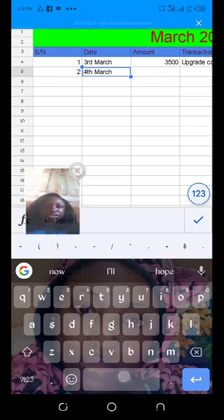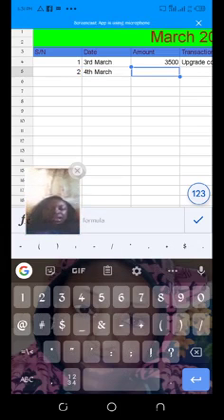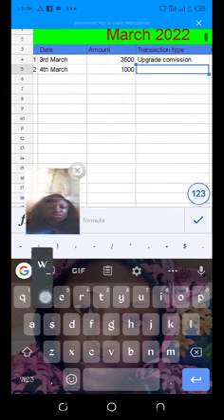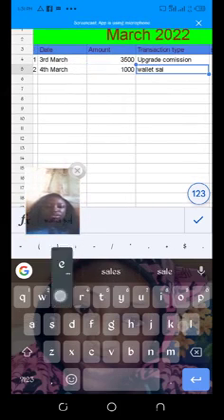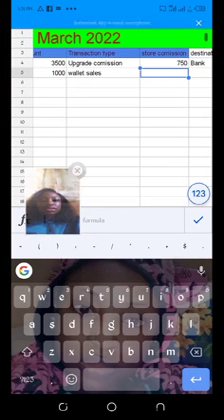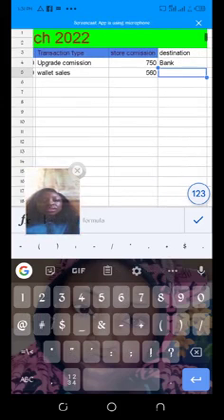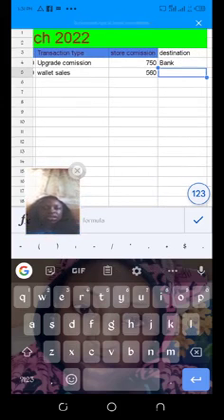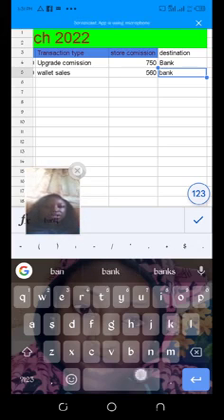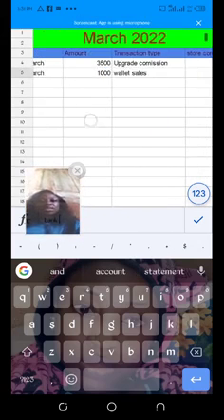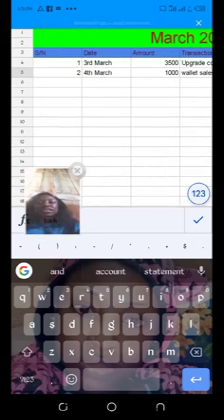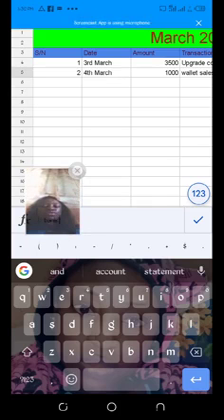4th of March, I earn, let's say 1,000 naira, and then this was wallet sales, and then my store commission that came in was like 560, and then this money for the wallet sales was also paid to my bank. So I do this and indicate. Now you can complete everything here, 1 to the number of days you want to enter and the particular transactions you feel like documenting. Once you are done doing that,